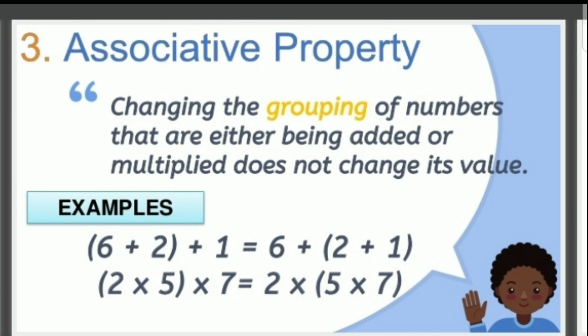So I'm expecting today's work, students, please do it. Not these numbers given in the slides, you understand this one. I want two examples in closure property, two examples in associative property, two examples in commutative property. I want whoever will write properly. So two examples in associative, two examples in commutative, two examples in closure property.